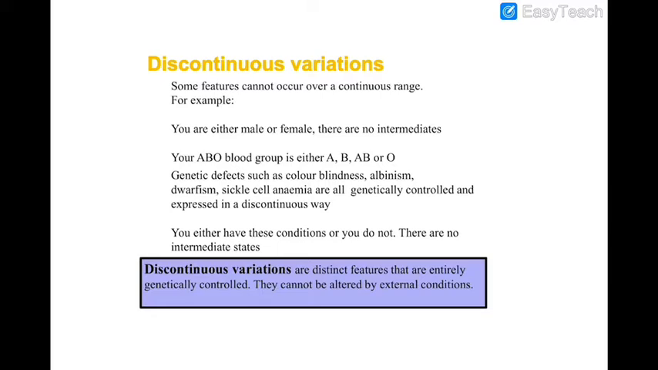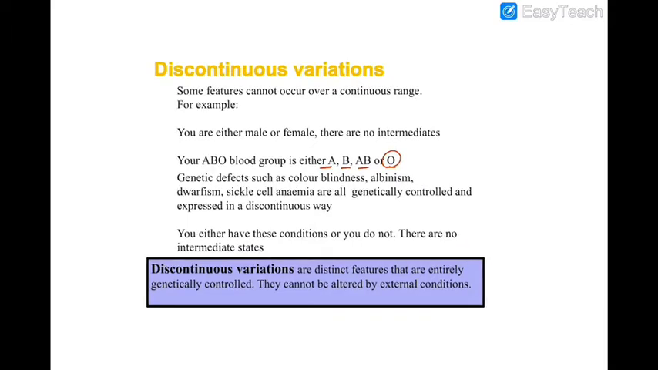Another example is blood groups. You can either have blood group A, B, AB, or O. There are no intermediates between the blood groups. Of course, you have A positive, A negative, O positive, O negative, but these are not intermediate. There are still different versions of the blood groups. So they are distinct variation, distinct